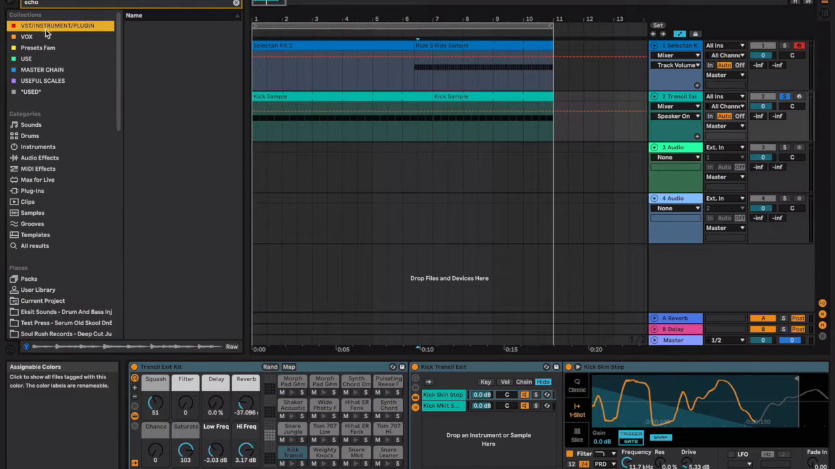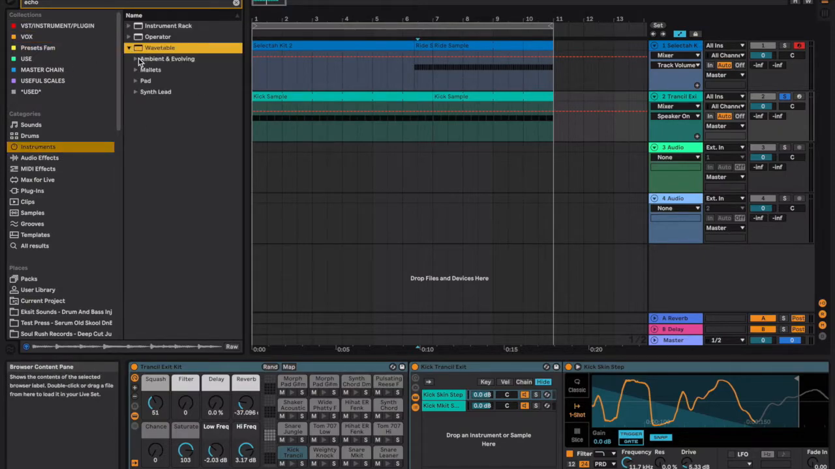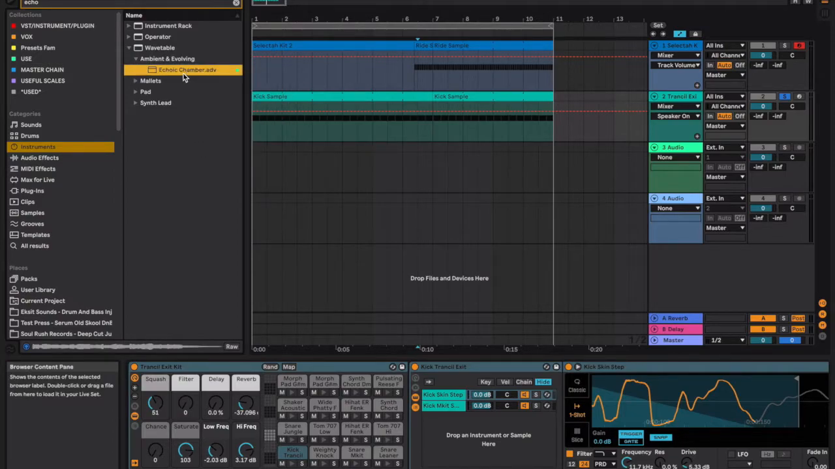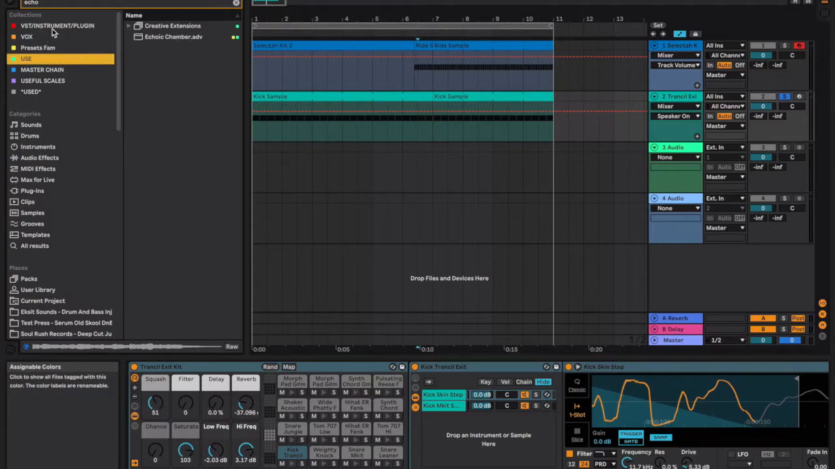Over here we've got colours, so you'll normally have red, orange, yellow, green, blue, purple, grey, and you can actually set different things. So let's say wavetable, echoic, chamber. So I really love that. I use presets, and then every time I go to use it, it will now be in here. So I've seen some people have kick, clap, snare, vocal, and then that way, if